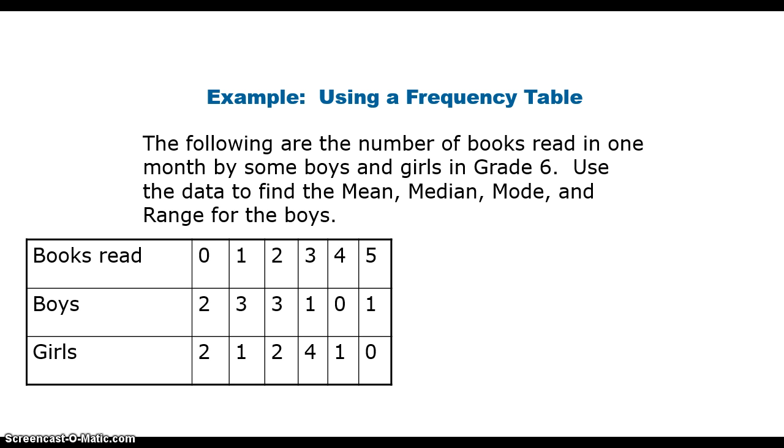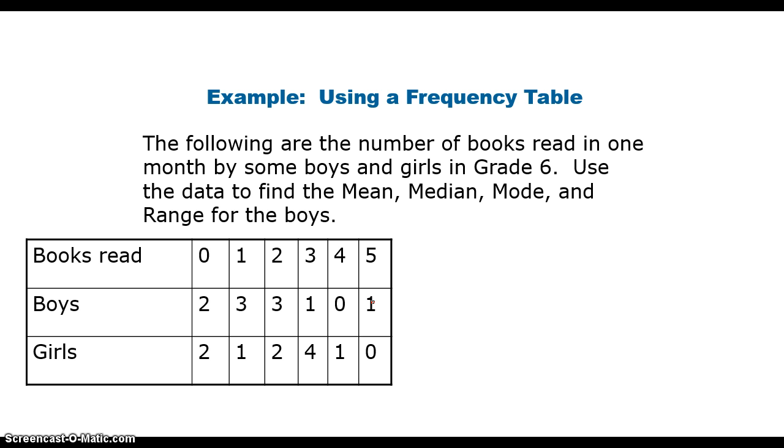Just like with a dot plot, we have to look and see how many boys were surveyed. Well, of all the boys surveyed, 2 of them read 0 books, 3 of them read 1 book, another 3 read 2 books, 1 of them read 3 books, 0 of the boys read 4 books, and 1 of the